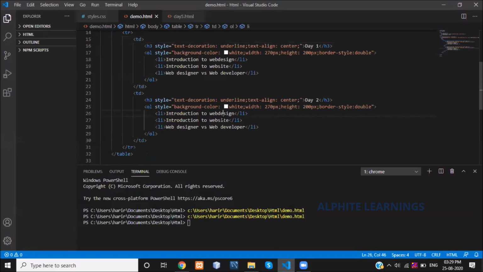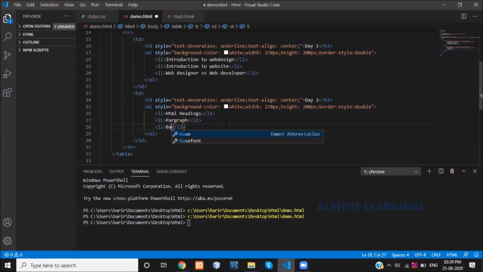So I'm changing the list of elements here. What are the things we have discussed in day 2? We have discussed HTML headings, right? What are the 6 types of headings? The next one we discussed is paragraph tags. Then what else?